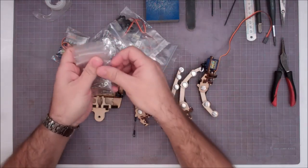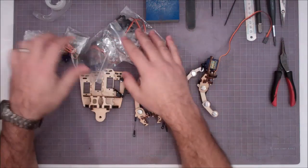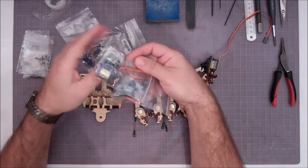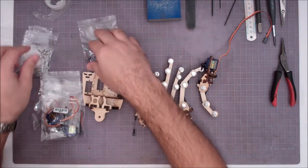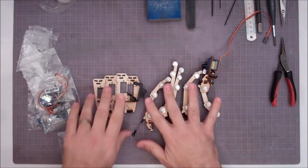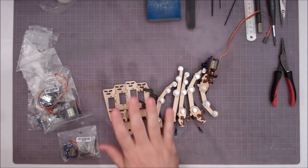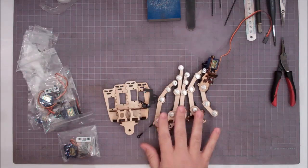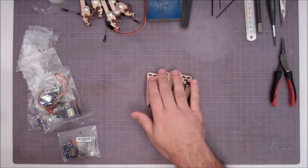So we have all our different separate little hardware bags that came with our fingers as we put it together, and then we have our 6 or 5 servos left over. So what we're going to do first is, I think first we're going to mount all the servos in the palm, and then once the servos are mounted we'll go ahead and attach the fingers after that. So we'll move the fingers aside for now, and we'll set the palm out